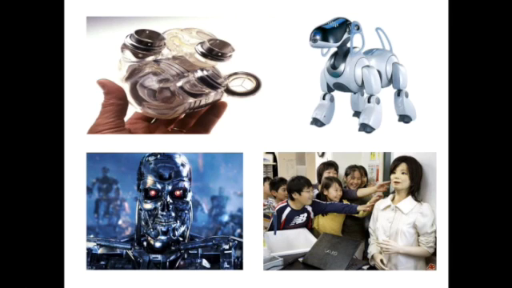And we've got movies such as Terminator and so forth, and in the right bottom corner you see an actual artificial teacher that's being deployed in Japan, and it's used when teaching across multiple campuses. The teacher sits in one campus and controls the robot teachers in other campuses, and is having varying degrees of success. And the top right is a little Aibo dog developed by Sony, but it's a robot dog, and I